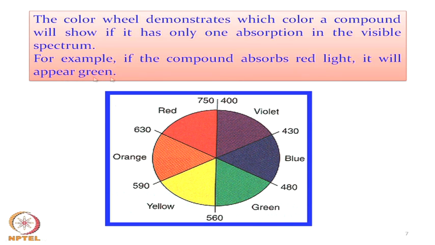So, when we measure a solution as green, say a green solution of copper or nickel 2 plus, then definitely the absorption is taking place in the red region, which is completely on the opposite side. So, if the absorption is taking place in the range of 630 to 750 nanometer, we can only see the solution color as green. That means the nickel 2 plus solution or the copper 2 solution appears mostly as green or bluish green,